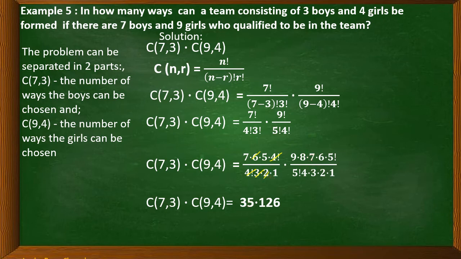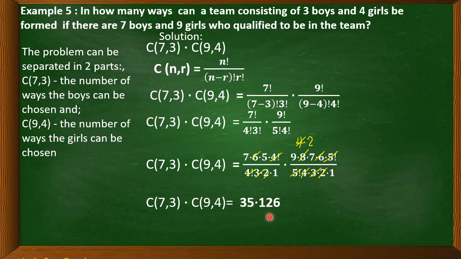Also here we have to divide the common factor. So 5 factorial divided by 5 factorial is already 1. Next, 3 times 2. That is 6. 8 can be factored again as 4 times 2. So we can divide the common factor, 4 and 4 here. So the only remaining factors are 9 times 2, that is equal to 18, times 7 is 126, divided by 1 is 126. Now, let's multiply